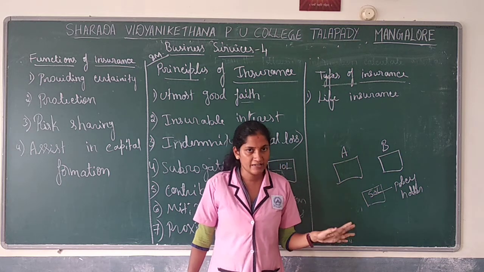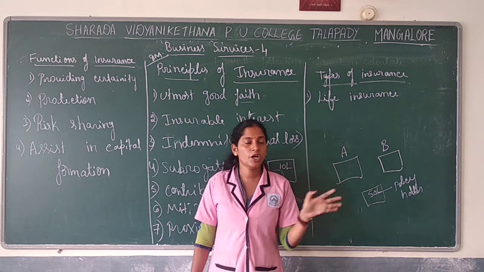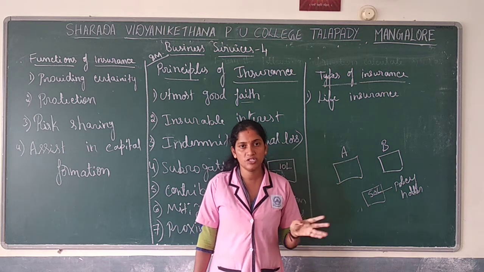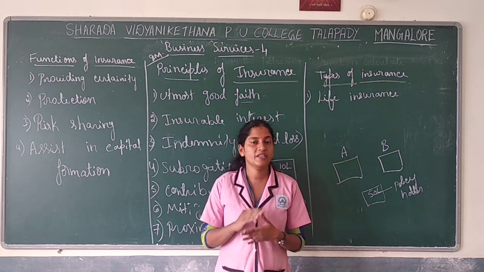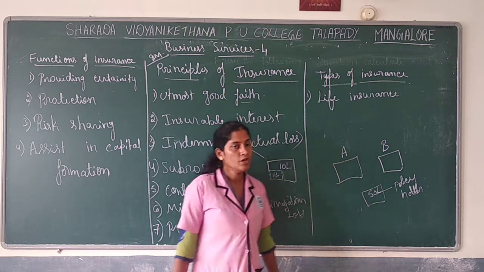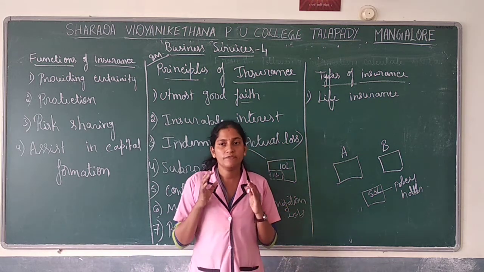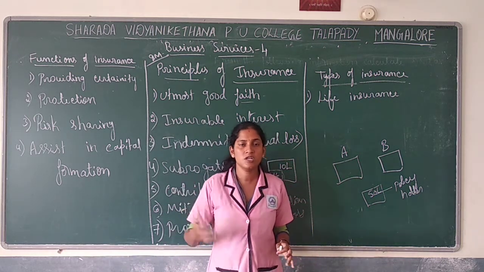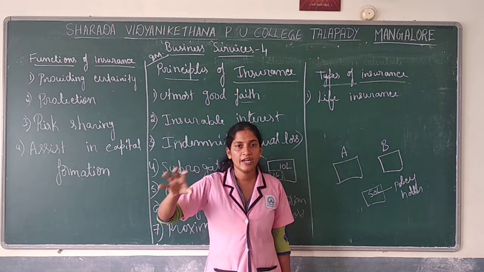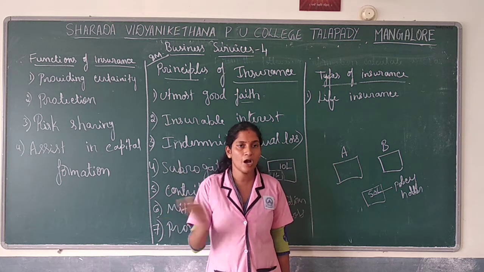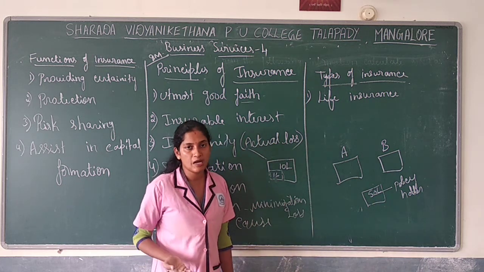If he has not done so, thinking that he has taken insurance and will cover all that from the insurance company without any safety measure, he cannot cover the losses. The insurance company is not going to pay for that kind. So the principle of mitigation tells us to try to minimize the loss. When we get to know, try to protect certain goods which are fine and can be used again. Try to take the things out so that you can minimize the loss. After that, only then is the insurance company going to help.